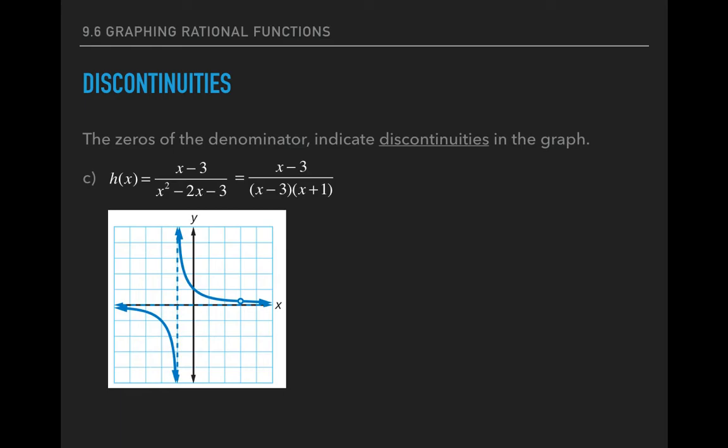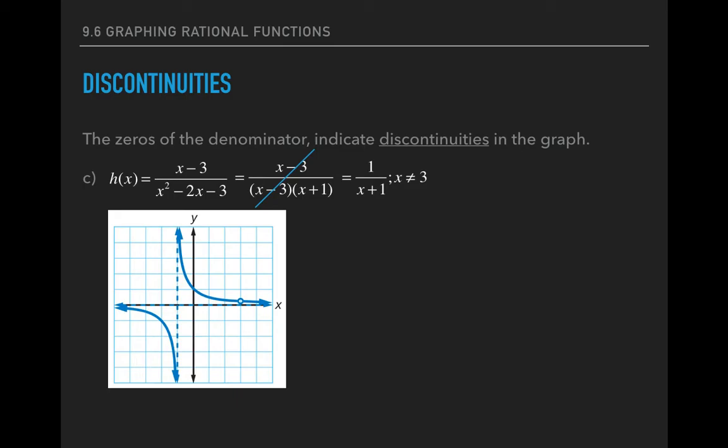Because if you plugged in -1, it would make it undefined. But where's the vertical asymptote for x minus 3? Well, look here, you could cancel those out. You can remove that factor, and the result, h, can really be written as 1 over x plus 1, and